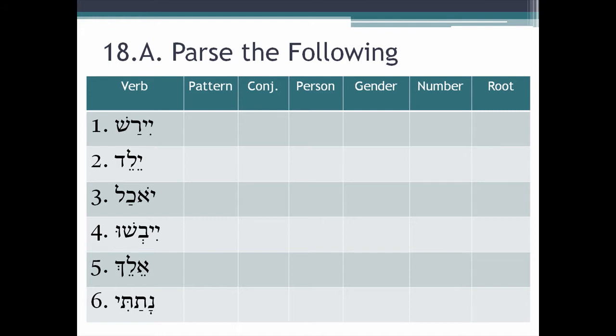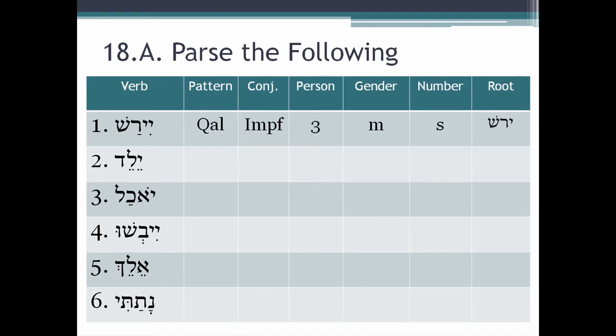So number one here in section 18a, yirash. Does this form have a prefix? Well, yes it does. The initial yod of the form is a prefix, and how do we know? Well, we know that because the next three consonants are a coherent lemma. It's a lemma we know from our vocabulary. Again, vocabulary is absolutely critical. So we have a yod prefix, we have no ending, no suffix ending on the form. So the fact that it's a yod prefix, any prefix, tells us it's imperfect, and we've only had the qal pattern. So we have a qal imperfect here, and since there's no ending, it's third masculine singular from the root